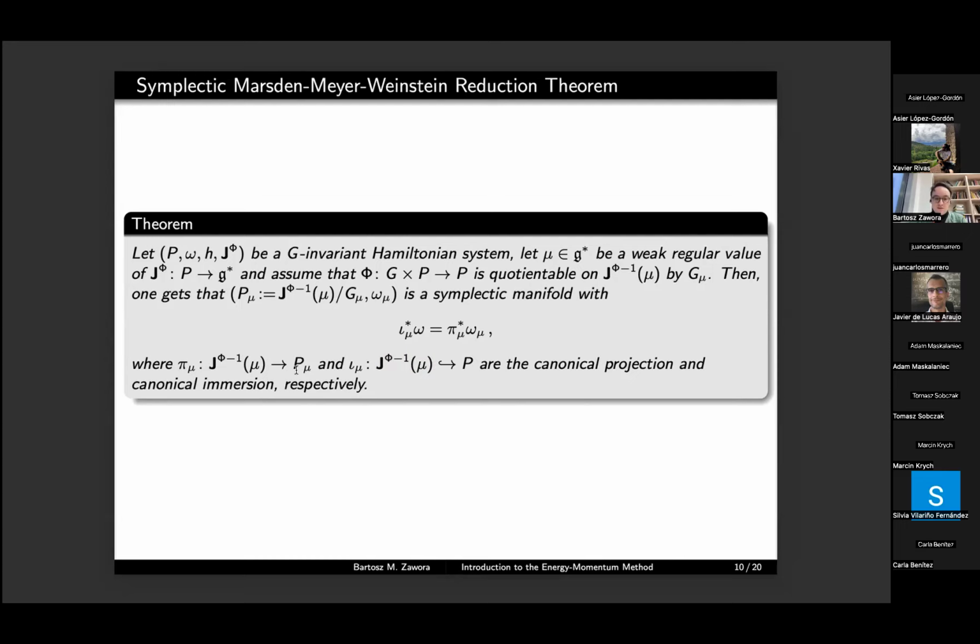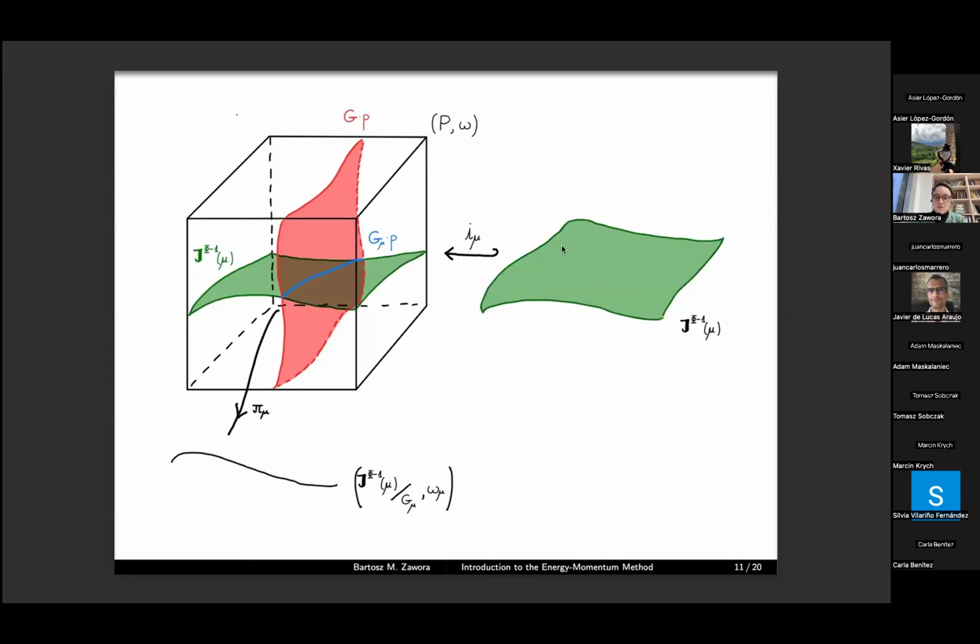Okay, so this is the statement of the theorem. On the picture, we have the level set of the momentum map. We have the Lie group. Their intersection is given by the orbit generated by G mu, and the theorem says that the quotient of the level set by G mu is a